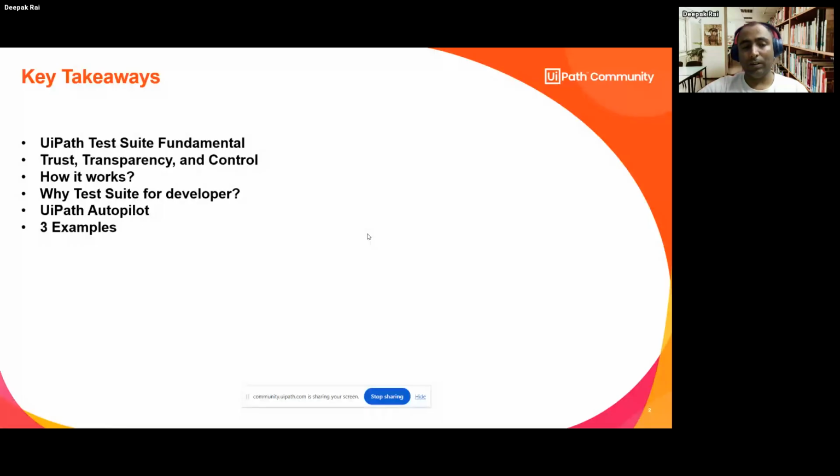UiPath Test Suite fundamentals, the transparency and control layer. When we are using GenAI or any LLM model, what happens? The questions are always there. How trustful is this? So we'll talk here about how UiPath is securing our data privacy information as well as